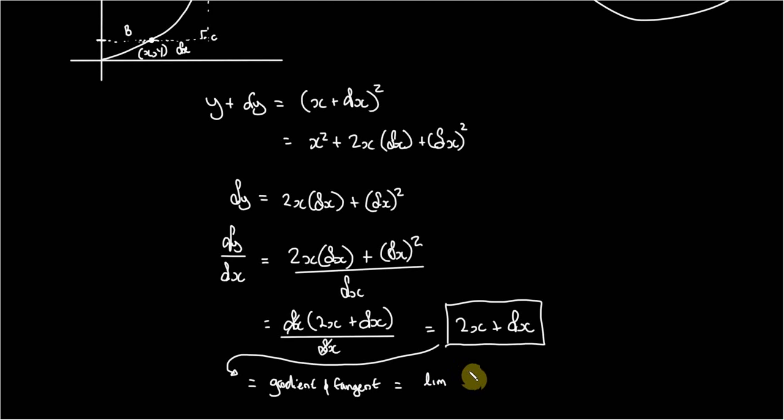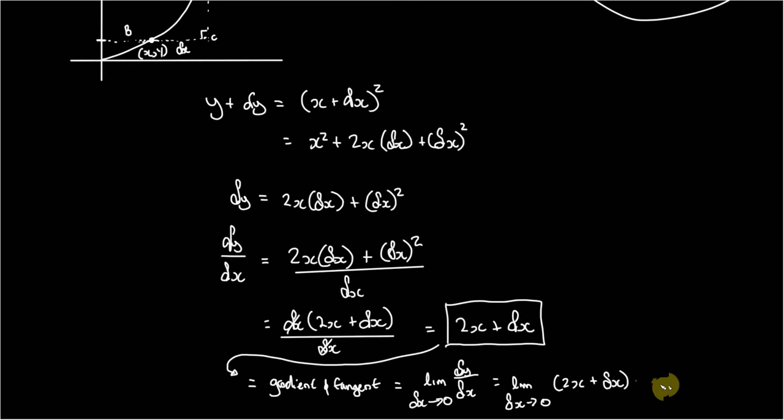So the limit of delta y over delta x as delta x tends to 0, which we just talked about, which is going to equal the limit as delta x tends to 0 of 2x plus delta x,